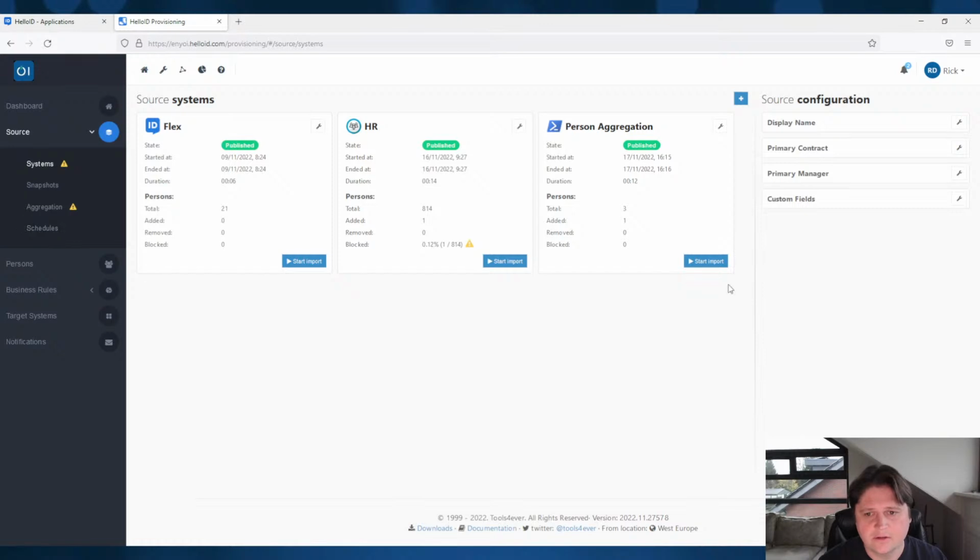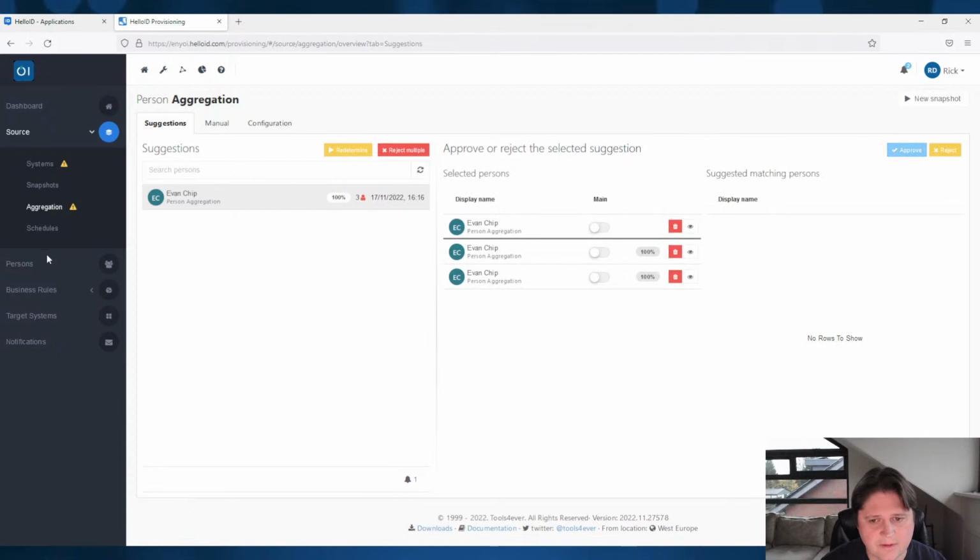Yes, it is. So now you can also see here a new person is added. So a single one, and now there are 3, and I'm only importing event chip to make it easier. So now you also can see, okay, I have a suggestion for event chip because there are 3 event chips. And normally it will go to automatic merging, but we skipped it because there are 2 persons already inside the